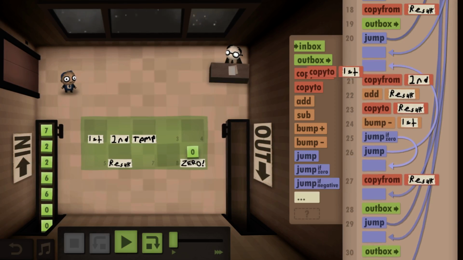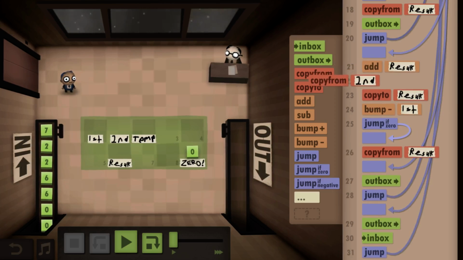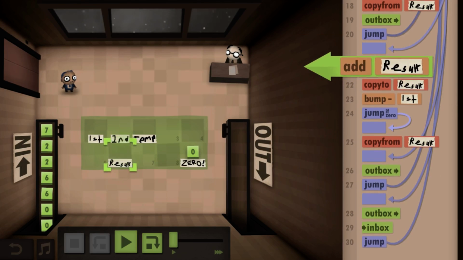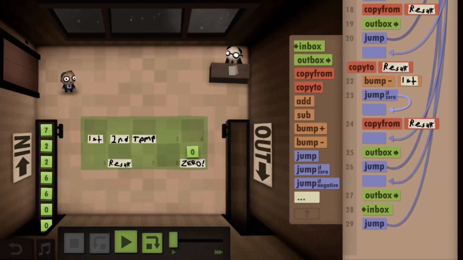So instead of unrolling that, let's see, go with this.